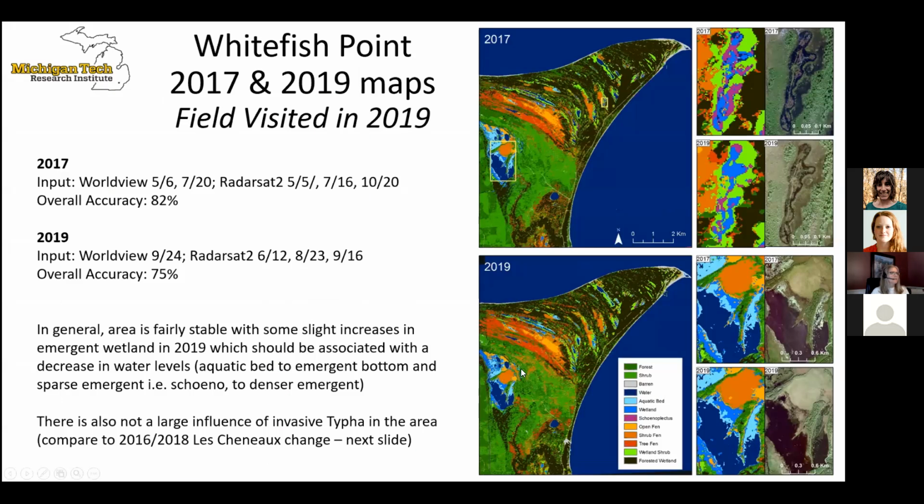Whitefish Point is a place we did get to, and so this shows the change between the 2 dates, and there's not a whole lot of change. Most of what we're seeing is, and these probably aren't as connected to the Great Lakes, even though the Great Lakes water levels have gone up. It looks like from the map of the